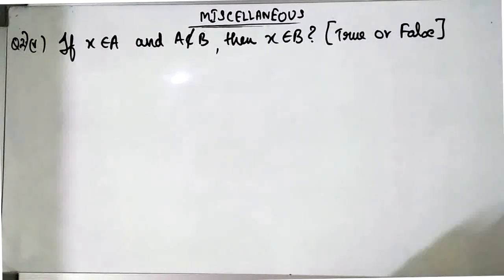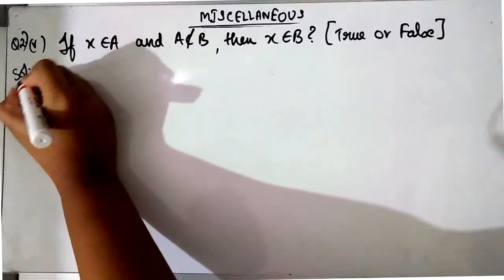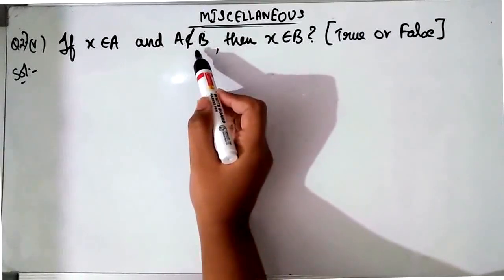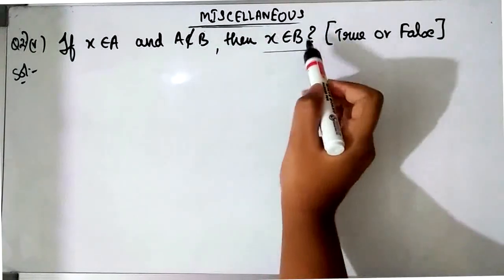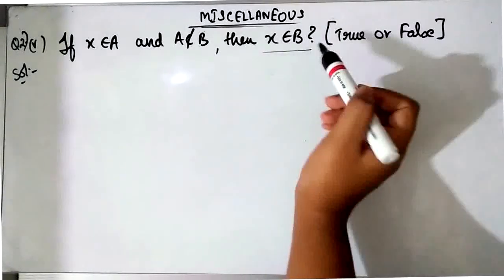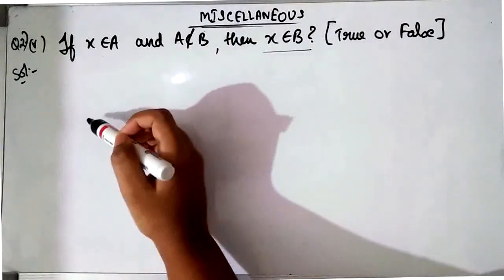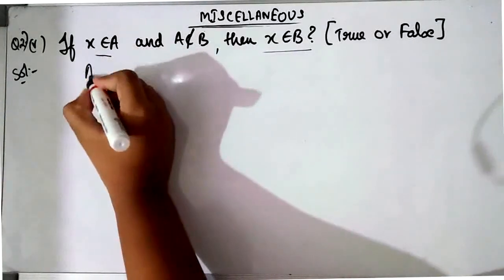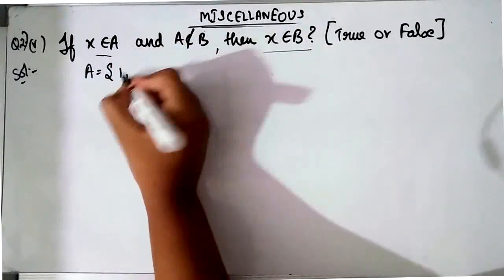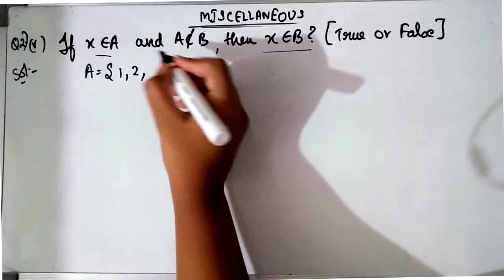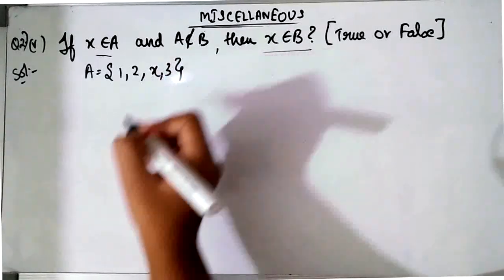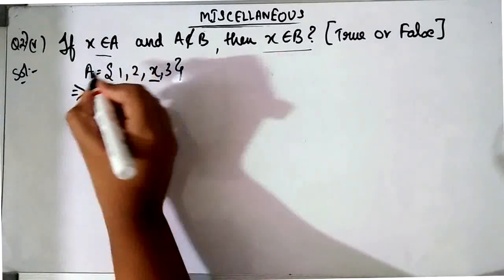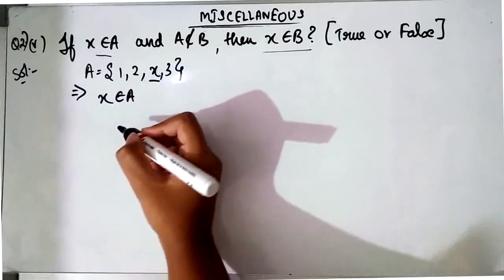Now the next bit you see of question 2. Now over here they say that if X belongs to A and A is not a subset of B, then we need to check whether X will belong to B or not, whether this is true or false. So for this again we'll fulfill the two conditions. So first we will take set A in such a way that element X belongs to A. So for that we will include X in it. Suppose I'll take set A to be {1, 2, X, 3}. So with this you can say that X belongs to A because the element X is present in A, so the element X belongs to A. You can say that, right?